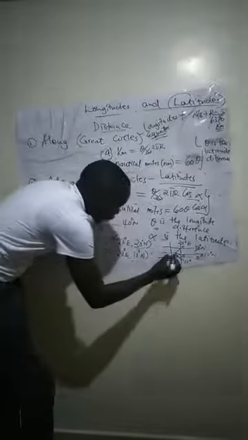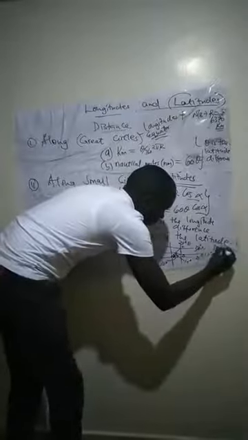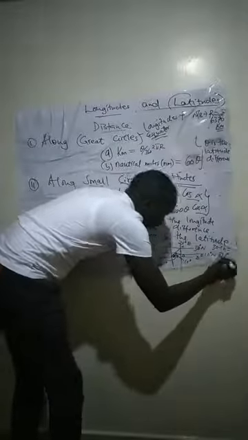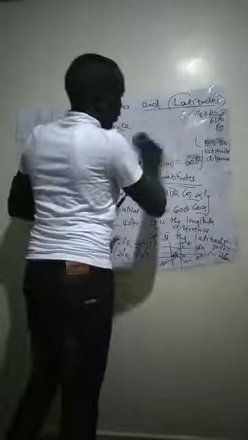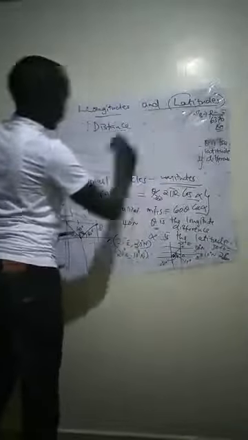So what do we do? Check the bigger, so it's obvious here that we check the bigger, 30 minus 10. 30 minus 10 gives us 20 degrees. So in this case, the latitude difference is 20. The latitude difference is 20. So we can therefore conclude and say latitude difference